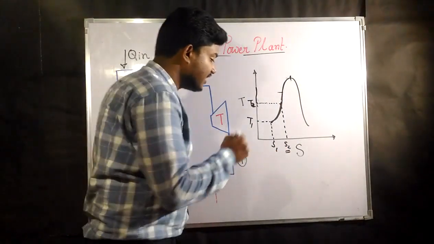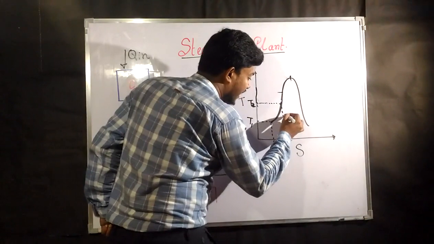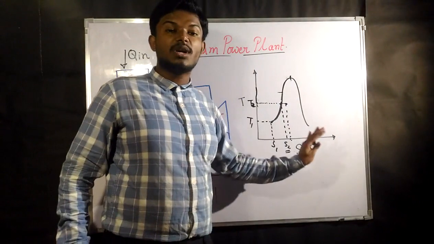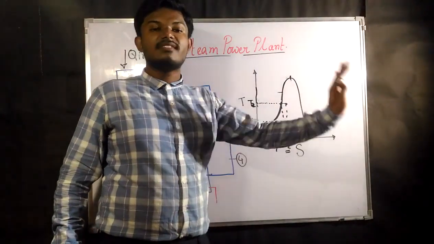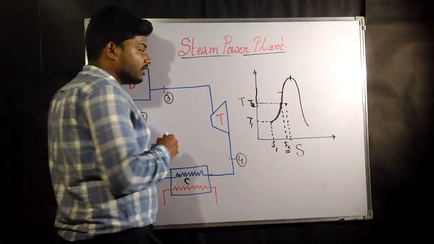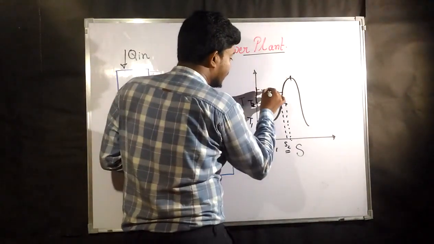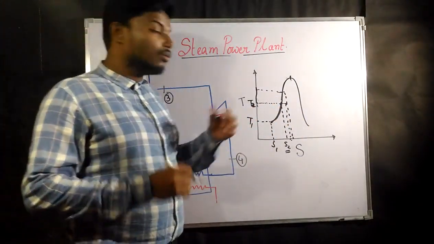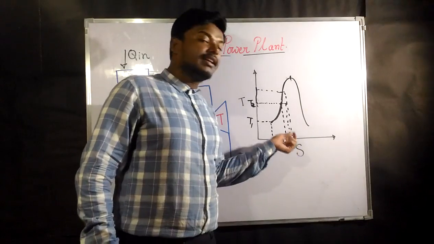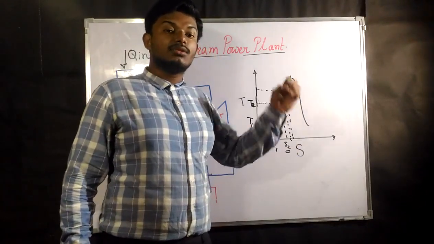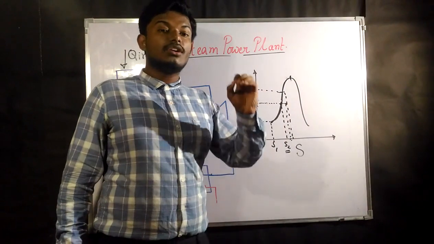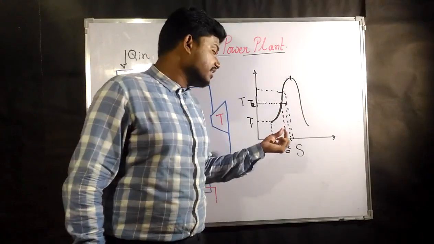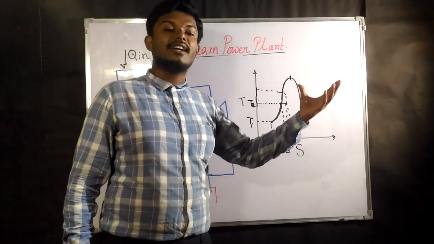If you slightly increase the entropy value at the same temperature, then it goes inside the vapor dome, and inside the vapor dome completely represents liquid plus vapor. Now if you slightly increase the temperature again, you are going to have another entropy value. What does that mean? Saturated means just at the verge of evaporating. If you slightly increase the entropy, then evaporation starts.